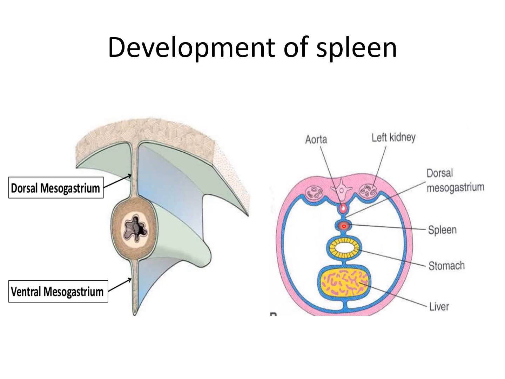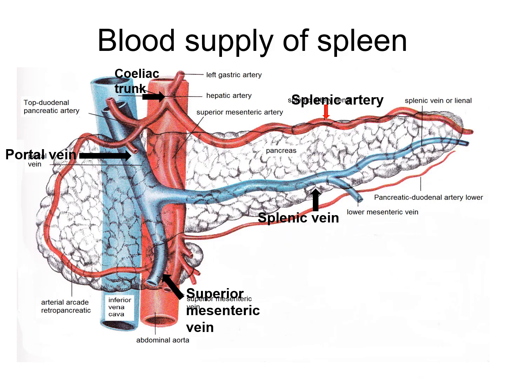Small groups or masses of mesenchymal cells will be condensing to form small lobules of the spleen, which are called splenunculi. Later all the splenunculi will be fusing together to form a spleen. And this lobulated origin of the spleen is represented by the notches which are present in the superior border of the spleen. Blood supply of spleen.